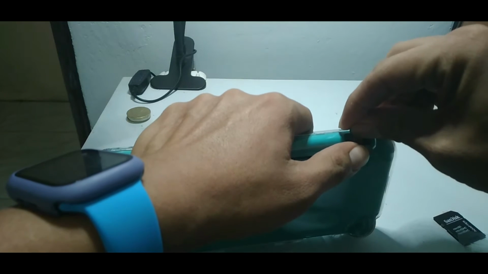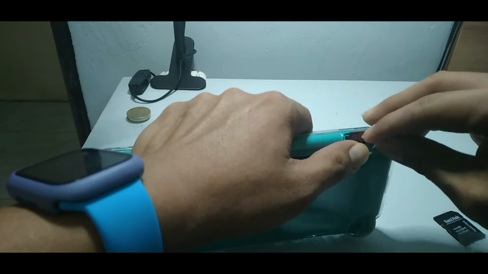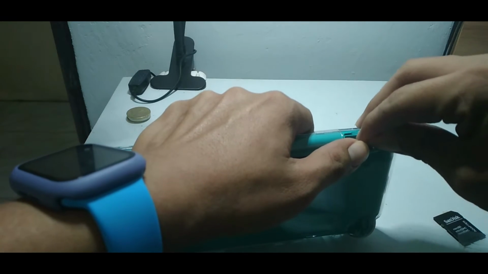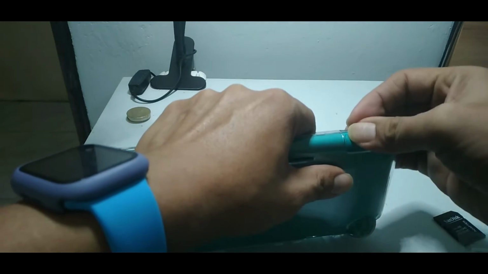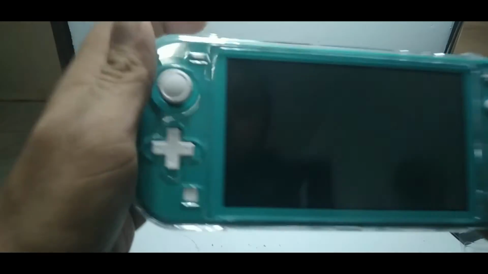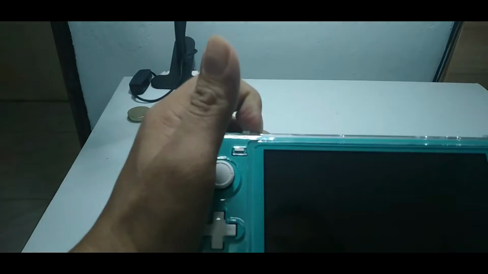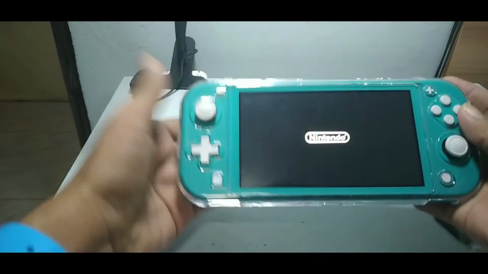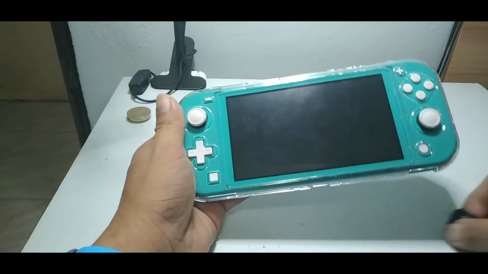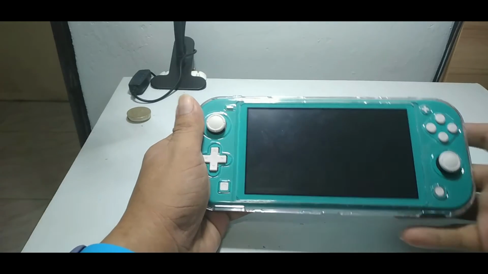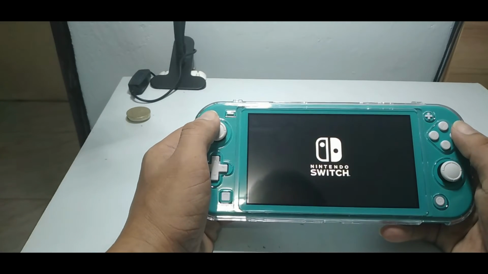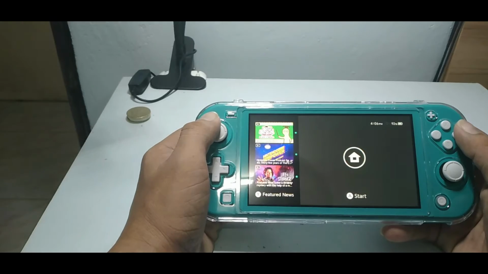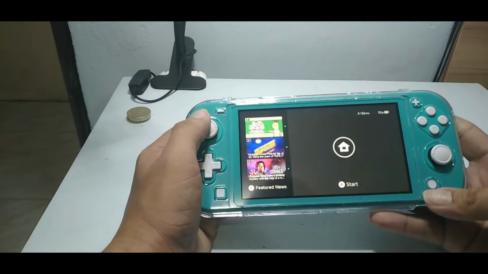here, so that I can download more games into my Nintendo Switch Lite. Okay, there you have it. So let's turn it on. Okay, there you have it. Okay, so let's